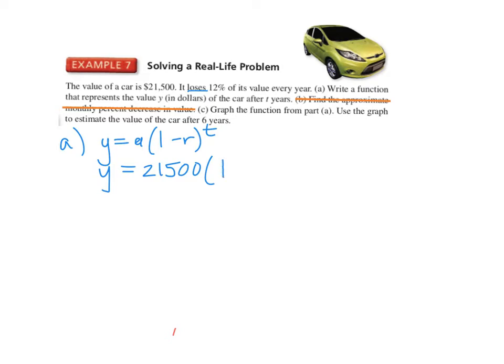Parentheses 1 minus r. R is once again the percent that it's decreasing by because it's minusing. So that percentage is 12% here. But I don't put in minus 12 in my parentheses there. I have to convert that 12 to a decimal. So I'm going to divide it by 100. And that's going to give me 0.12. Another option is for you to go ahead and move your decimal place just 2 places to the left. So it would be 1 minus